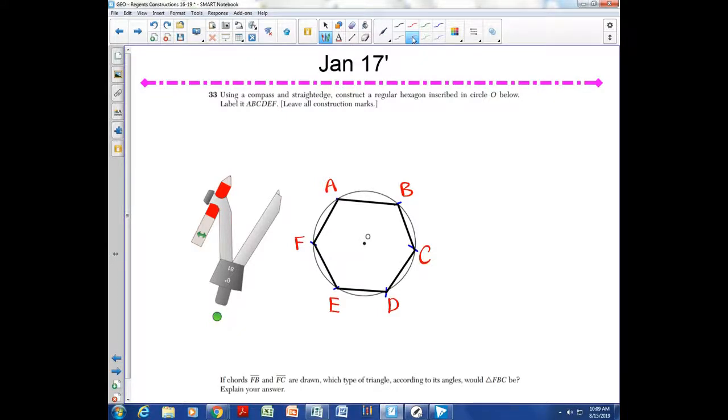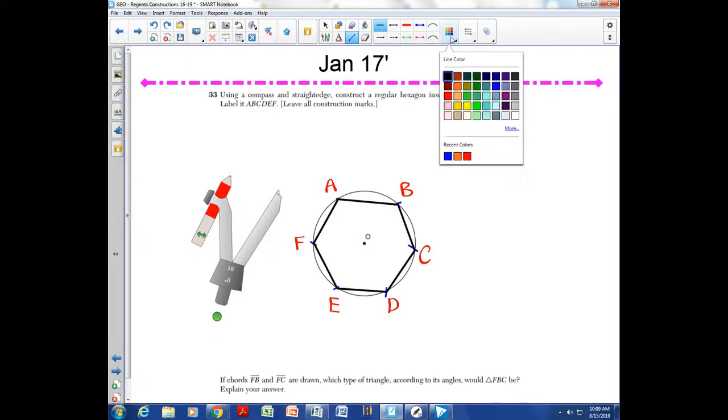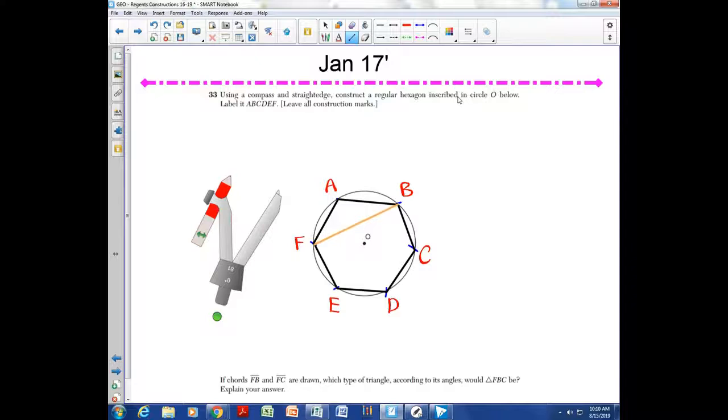So let's continue on to the second part. It says, if chords FB and FC are drawn, you know what? I'm going to draw them. I'll change the color, I'll make them a little bit brighter. So if chords FB, so from F, B, and F, C, should be around there. I know it looks like it's a little bit off, but are drawn, what type of triangle would FBC